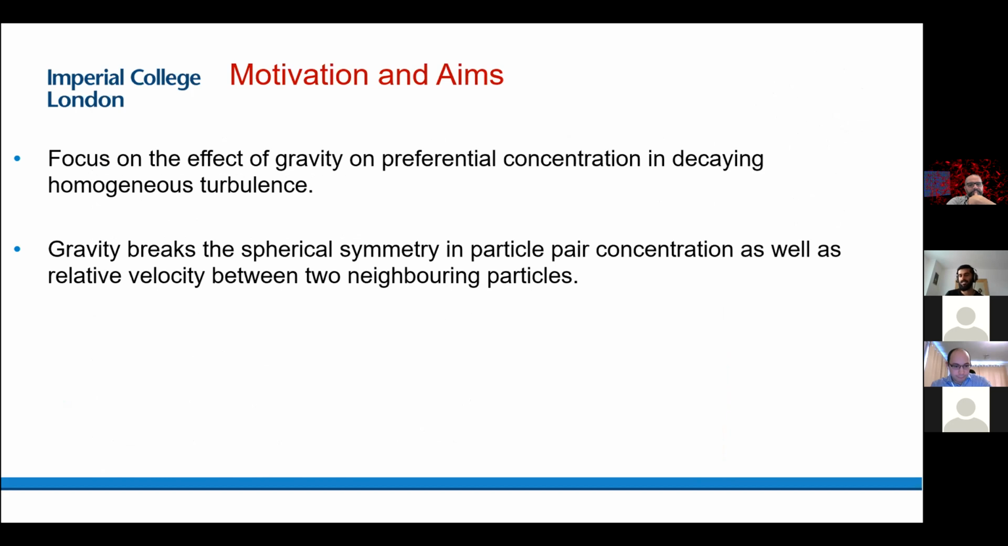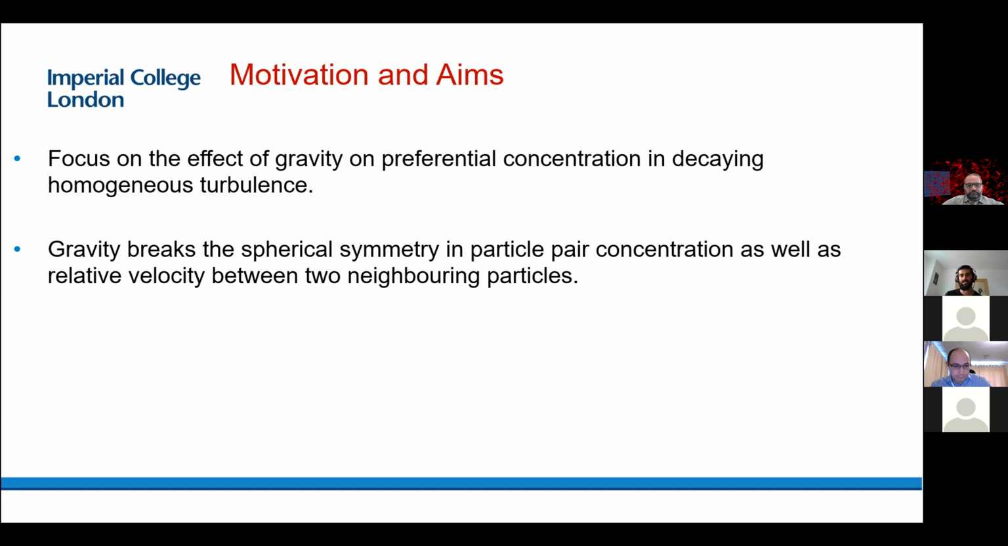Most of the simulations and most of the studies have been conducted with non-sedimenting particles. So we are looking at what effect gravity has on the preferential concentration. This is important because it breaks the spherical symmetry in the particle pair concentration and also in terms of relative velocity, because particles of different sizes tend to settle with different velocities when you consider